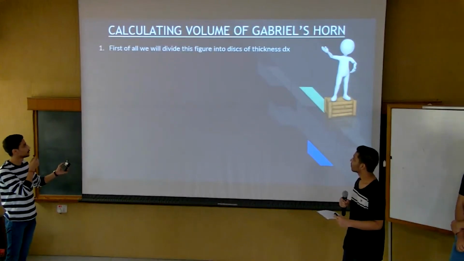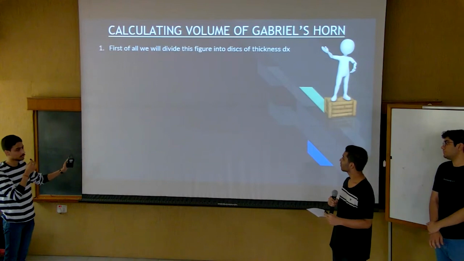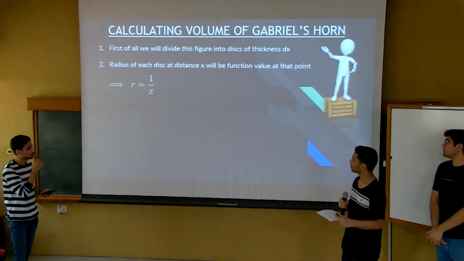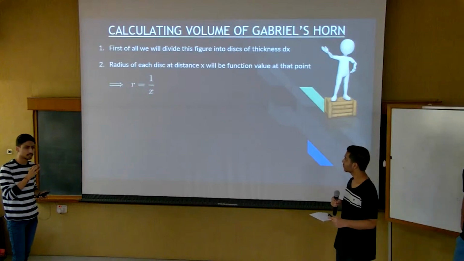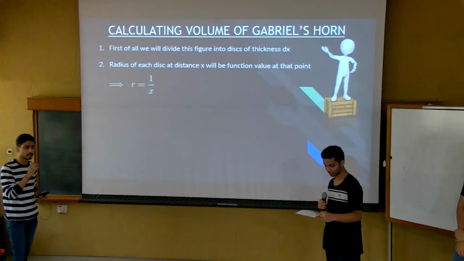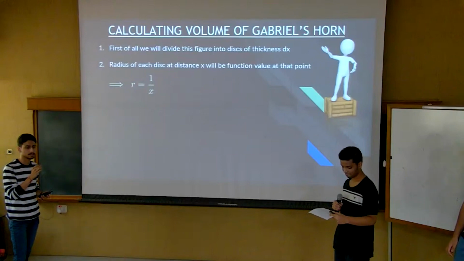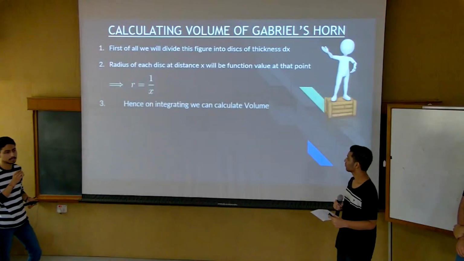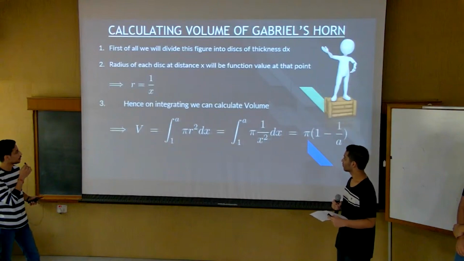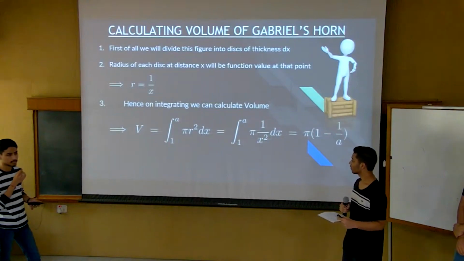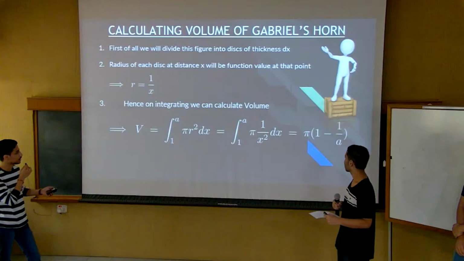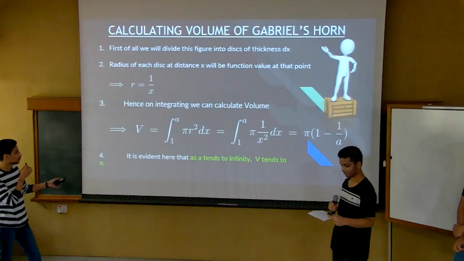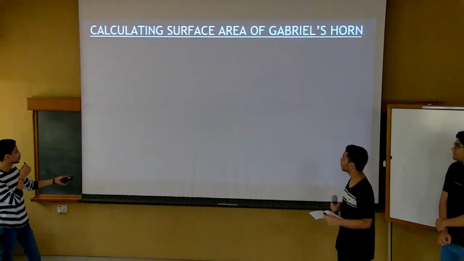First of all, we will partition this horn into infinite cylinders of thickness dx. Then the radius of each cylinder will be the function value at which the cylinder is located, that is 1 by x. On putting the value of thickness and radius in the volume expression and integrating over the interval 1 to a, we will get the required expression for volume. We can clearly see that as a tends to infinity, volume tends to pi,